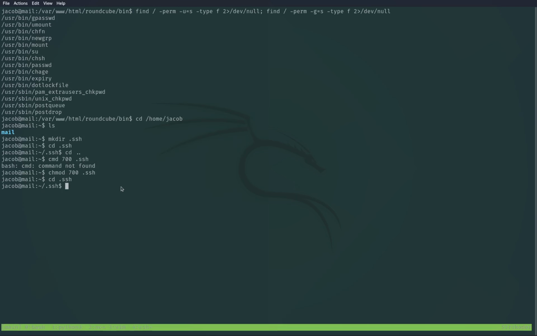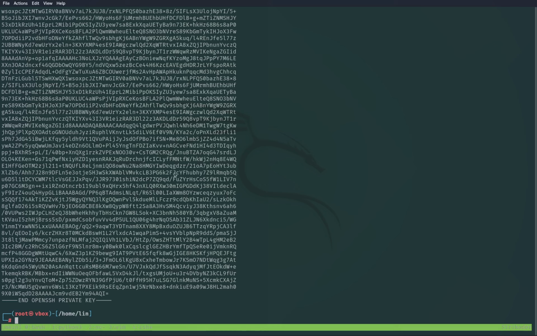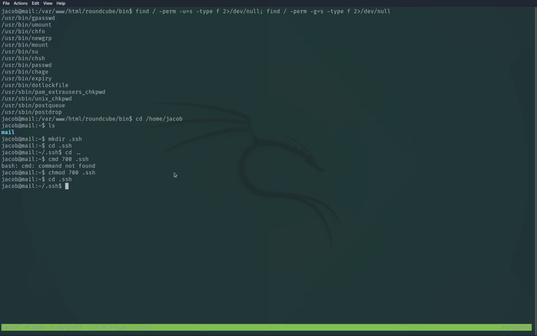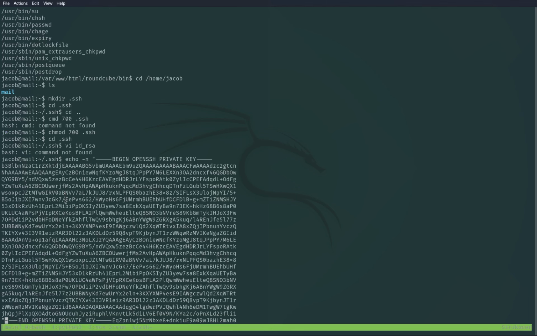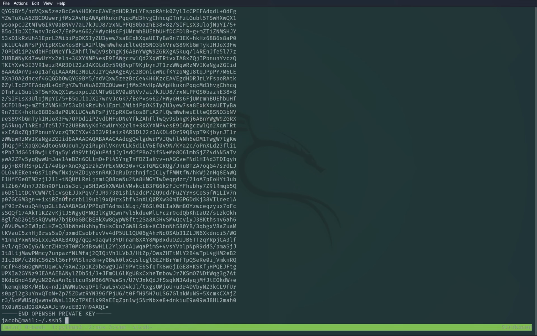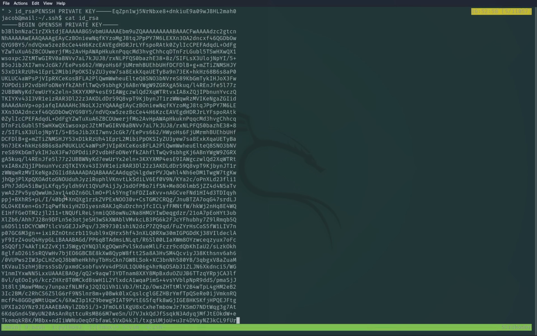So try to change that every time you use it, or if you had a stream or a competition, so you'll not get back hacked. And over here, vim or vi id_rsa. There is no vi, so touch or echo -n this into id_rsa, cat id_rsa. Everything looks great, and